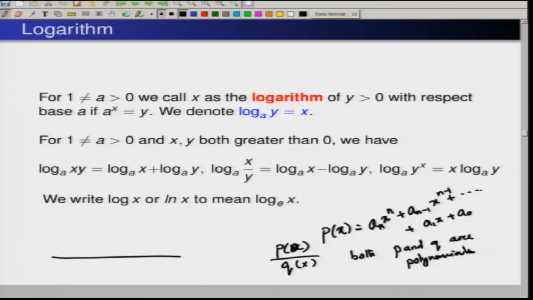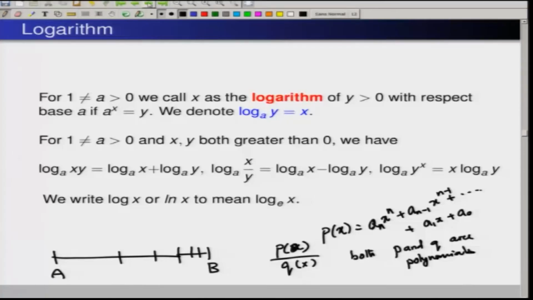Suppose I want to travel from A to B. In the first 1 hour I travel half the distance. Then in the next 1 hour I travel half of the remaining distance. Then in the next 1 hour I travel half of the remaining distance. I will go on like this. You see, this process is not a finite process. However close we go, there will be some distance left. So, in the next hour I am going to travel half of that distance.